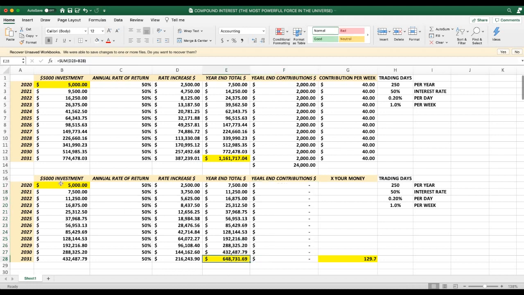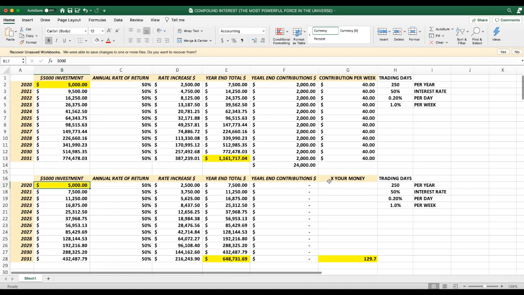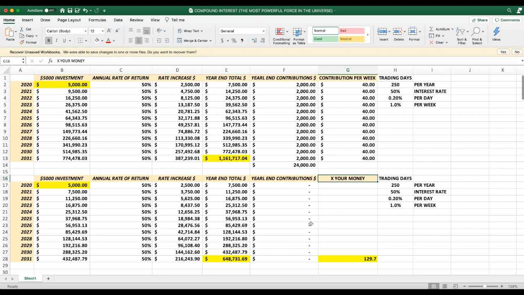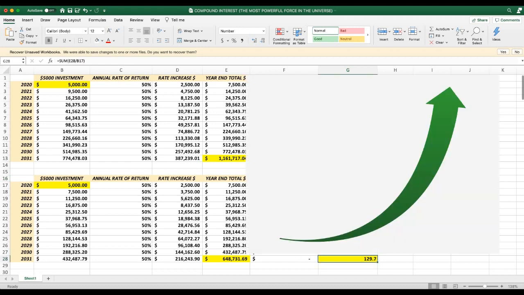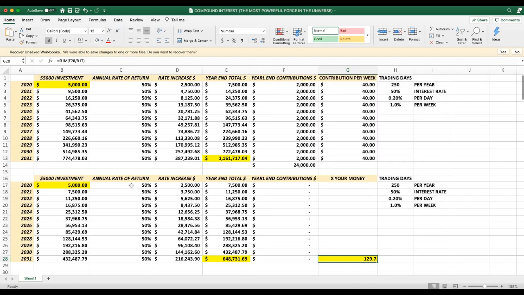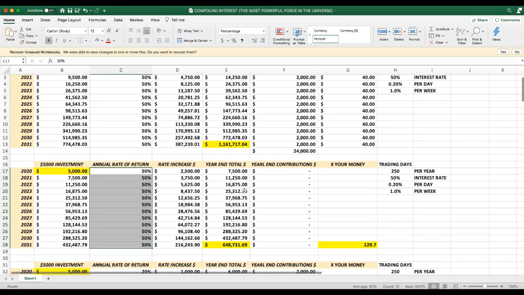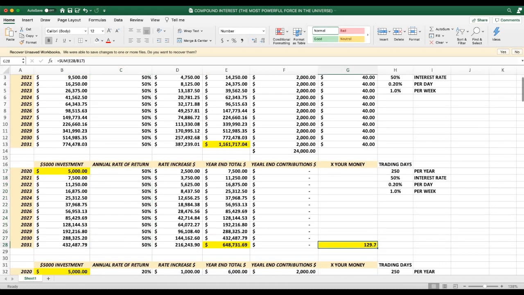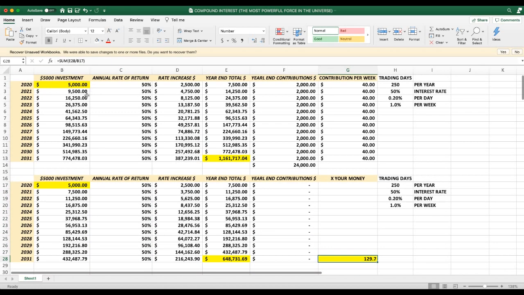So if you think you need a lot of money to make money in the market, you have to plug it in your chart. You have to see these numbers are accurate. Now, this would be how much times your money you would have. 129x. Okay, 129x. That's crazy, right? That's the power of compounding. I want to make sure that's right. That seems ridiculously high to me, even looking at it.